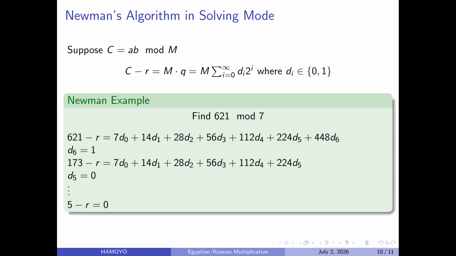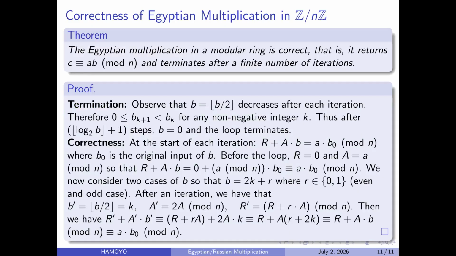And so we can simply look at the correctness. I wouldn't explain this much because I wanted it to be simple, but this is for those mathematically inclined. For the correctness, we also look at the termination, and in the algorithm we see that B is always being divided by 2, so at some point it's going to reach 0, and the loop will terminate. This correctness is essentially talking about the loop invariance. I wouldn't talk much about this one, and I want us to move on to the implementation